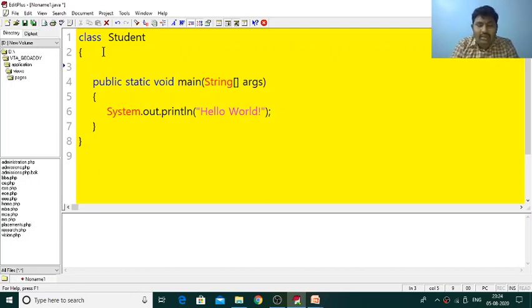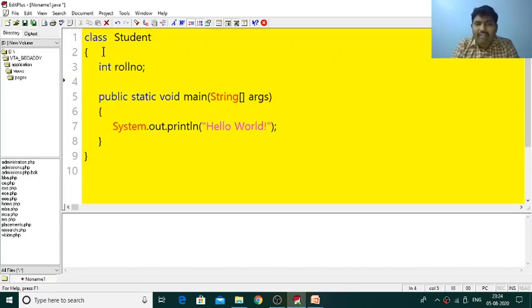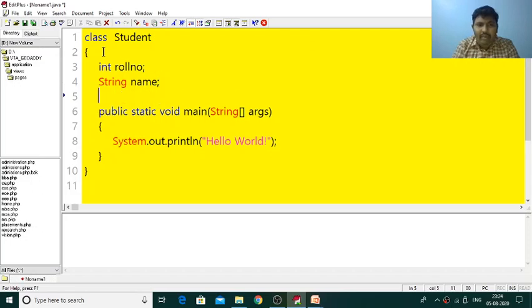We have the variable int rollNumber, so the data state is defined by the variables. The student also has a name, so for that we use String name.